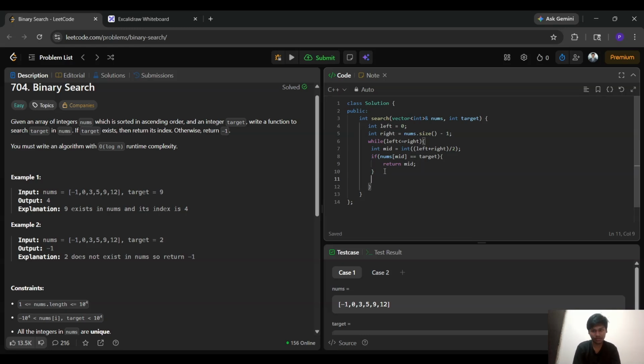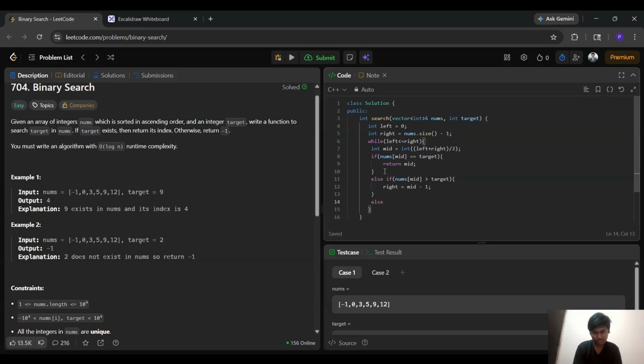If not found, then we check else if nums[mid] greater than target, then right equal to mid minus 1.